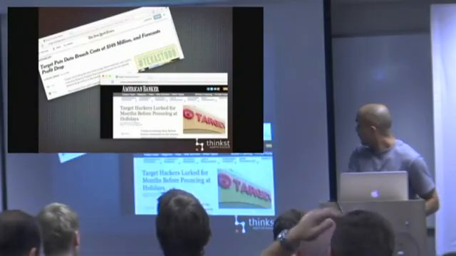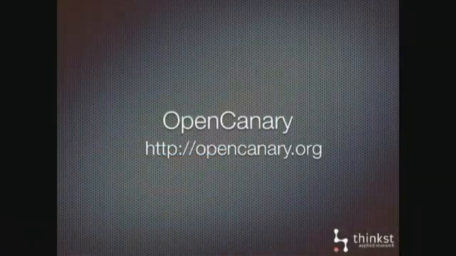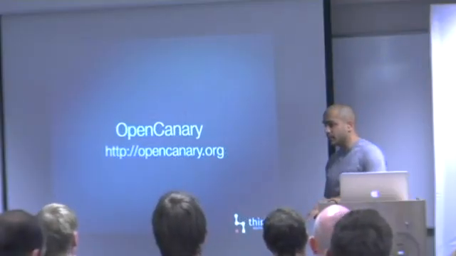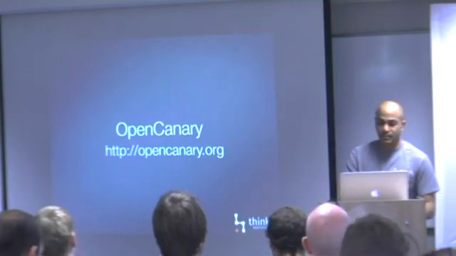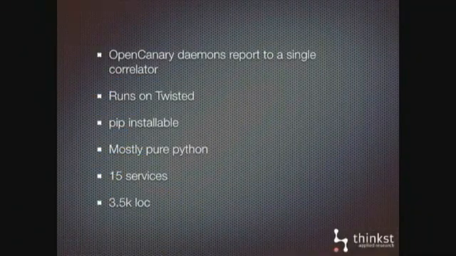So the honeypot that we've been developing is one called OpenCanary. We just released it last month at a security conference called Black Hat, and it's a BSD licensed honeypot focused on exactly this use case, alerting on incontrovertibly bad action. Just to give you a rough overview, you have several OpenCanary daemons running, and these daemons all have particular fake protocols emulated, and if they trip, they'll send an alert to a central correlator, and you'll get an alert.